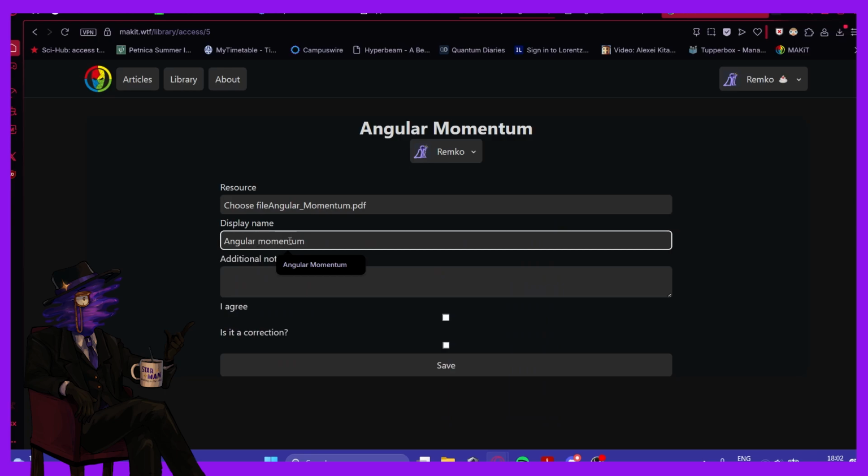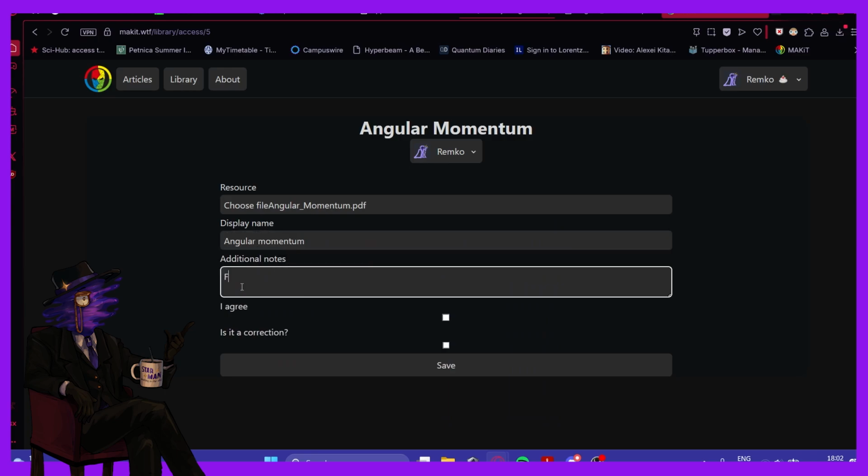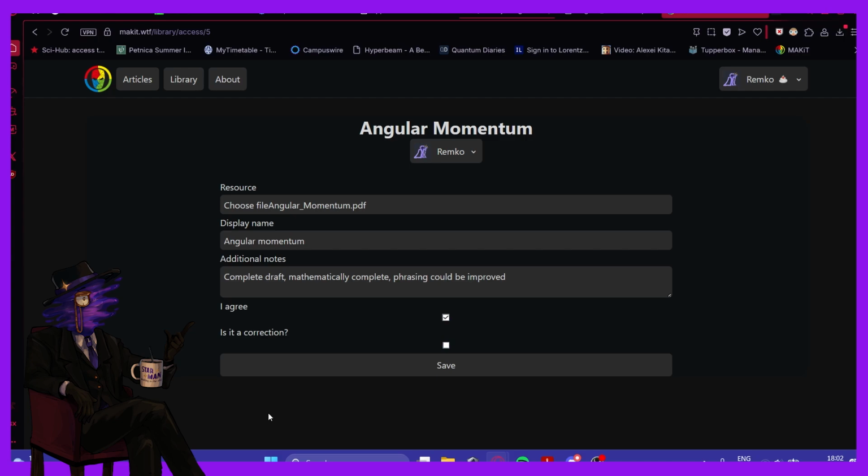Additional notes here is meant to function on a per paper basis, so each paper has its own notes. This is just to let people know, for example, when you later expand the paper or when you correct it, what expansions were made, what corrections were made, just once again, a bit of degree of freedom. Now, I agree is there because once again, I'm reusing a template, so it has to be clicked, but inherently, I don't know if I'm going to do a thing where you'll need to select that you agree to the same license over and over because once was enough, but sure, then you save.